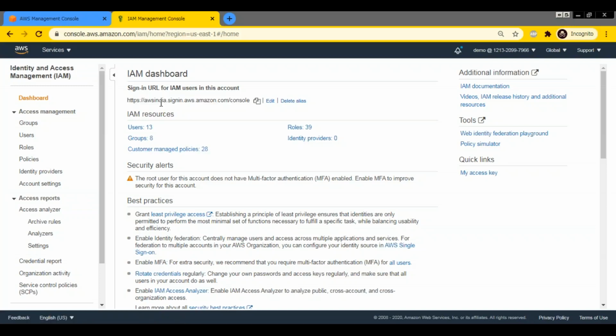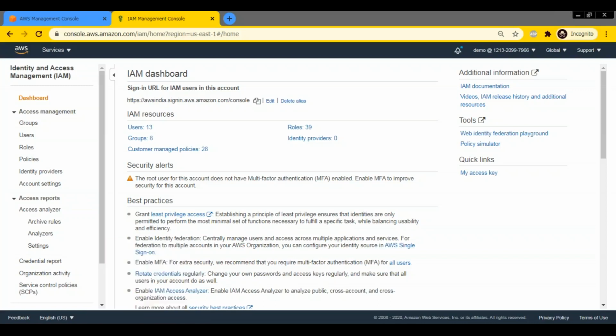Usually in the first part here, you will have your account number. You can replace this with whatever you want. I have replaced it with AWS India. If you go and see in your account, it will be https, your account number, dot signin dot aws.amazon.com/console. So here is the URL for the IAM user. You give this URL to the user, he can bookmark this. He doesn't have to remember your account number.